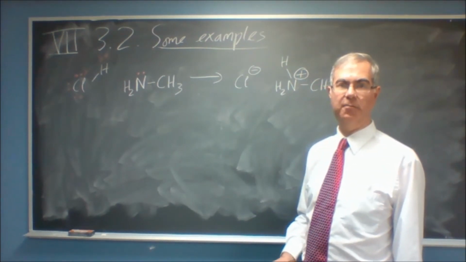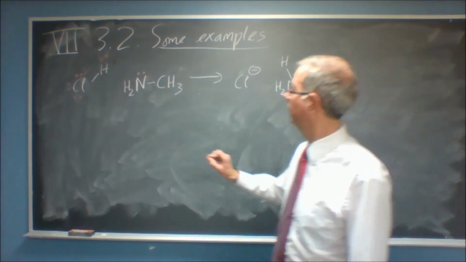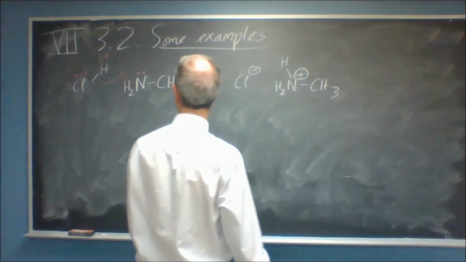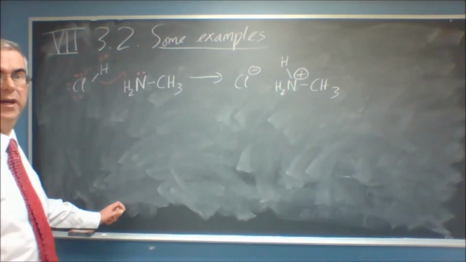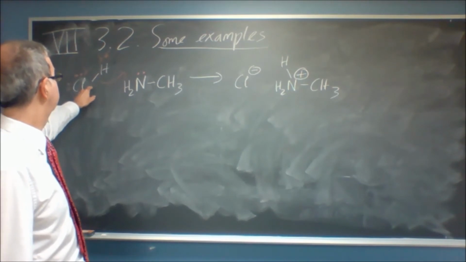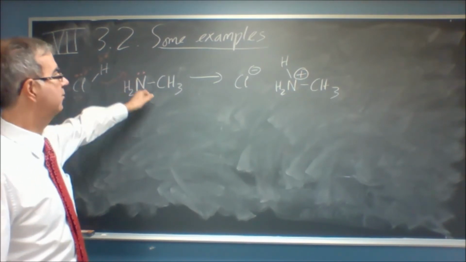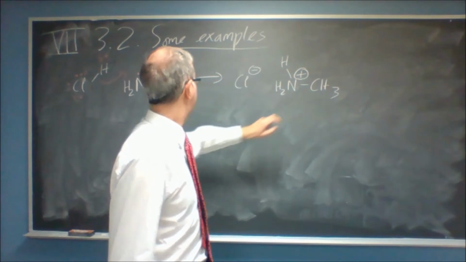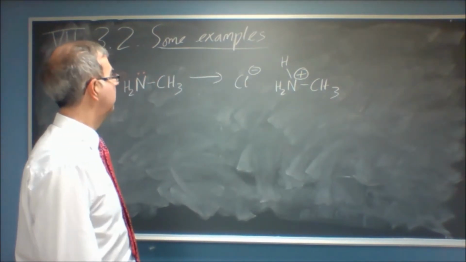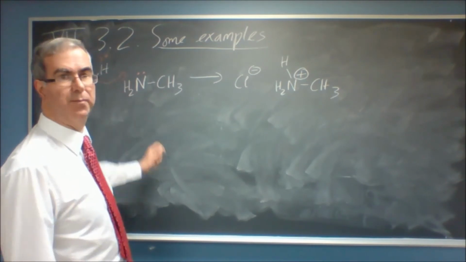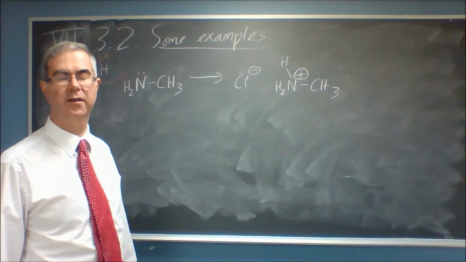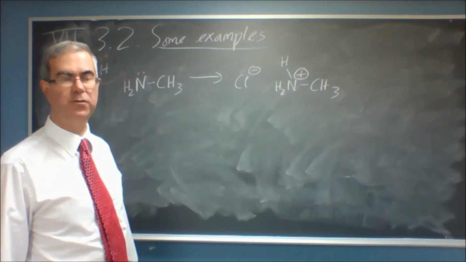So what a lot of students will want to do is go like this. Because they say, okay, this hydrogen was attached here, and it's now going to attach over here. So we kind of want to move the hydrogen over like this, and well, this bond is a pair of electrons, so that's kind of a flow of electrons, isn't it? But unfortunately that's wrong,